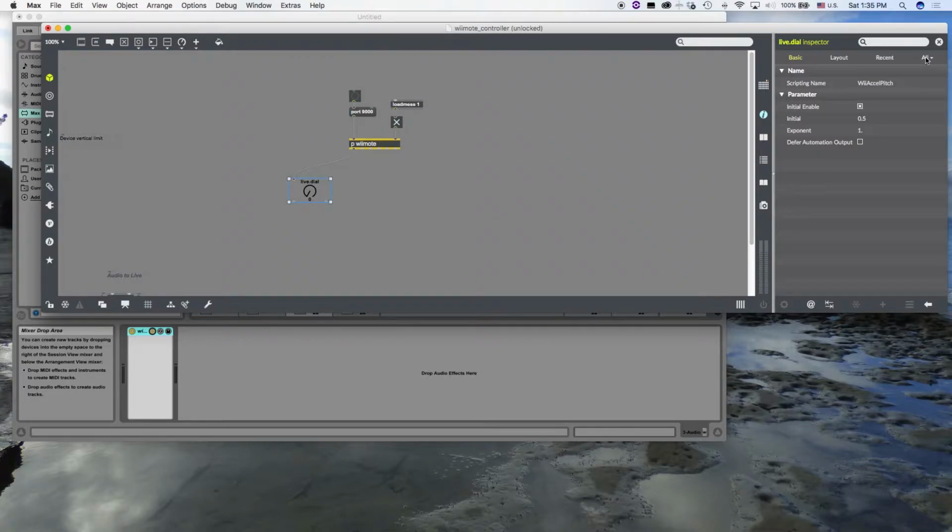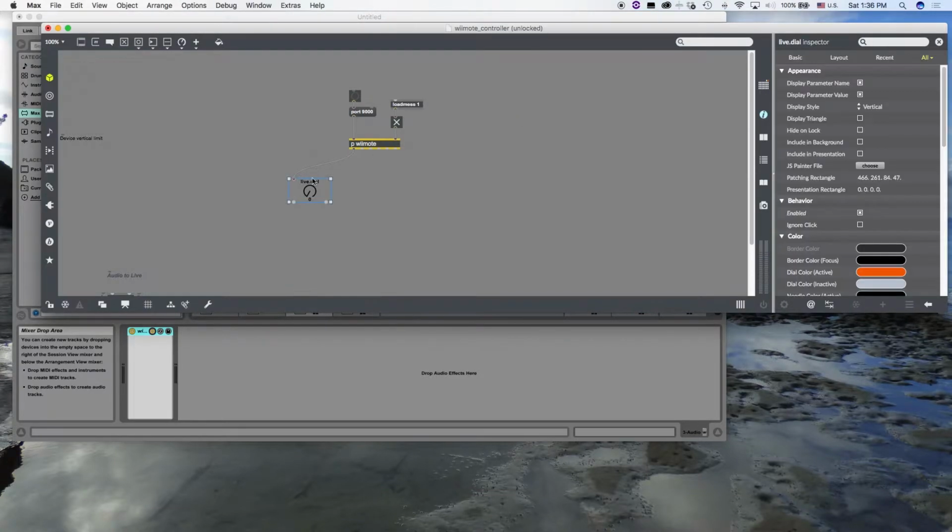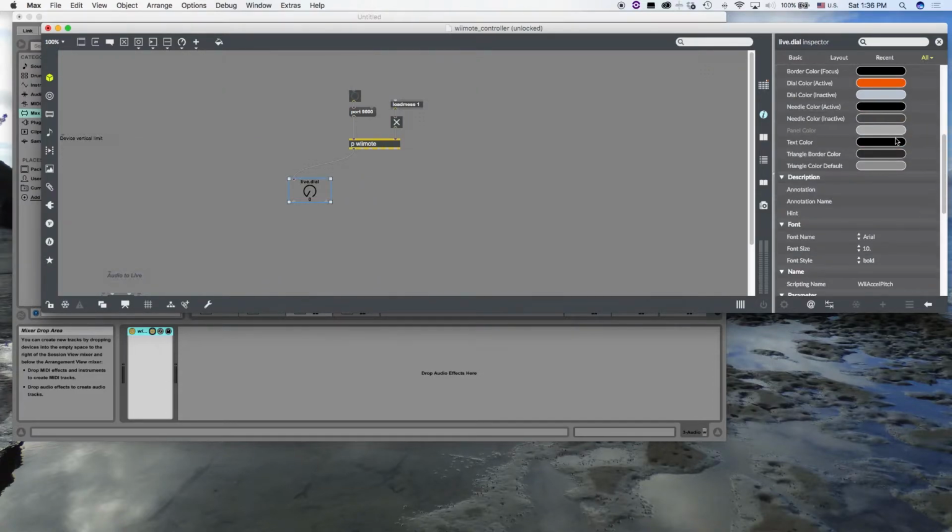Now we're not done. We have more things that we need to do that are pretty important. So we're in the inspector, right? And I clicked on this basic tab, but you actually want to go and click all. And there's a really important reason for this. Right now we're not looking at floating point data, right? Because we don't see a decimal here, and we need floating point data. That's going to be really important. So what you need to do, sorry about that, is go to the All tab and scroll down and